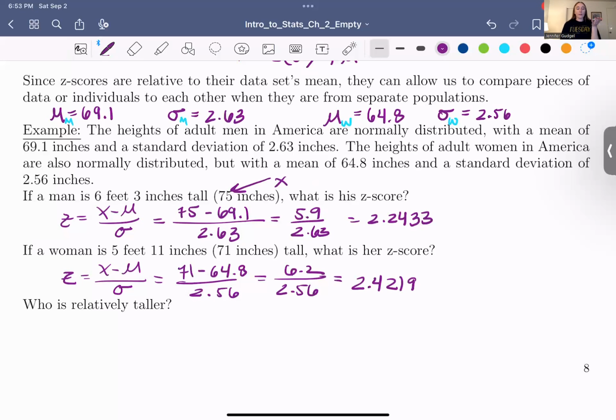Another reason z-scores are so powerful is because here, of course, the man is taller than the woman, but is the man tall compared to the men's average? He is above average, but the woman here is more above the woman's average. So you'd say relatively, the woman's taller,